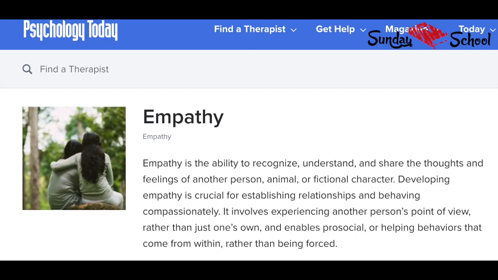It involves experiencing another person's point of view rather than just one's own, and enables pro-social or helping behaviors that come from within rather than being forced. So based on that, empathy just means that I, as a human being, have the capability to understand and experience someone else's point of view, thoughts, feelings, or what have you. It doesn't say anything about whether or not those thoughts or feelings or perspective are valid or correct or even